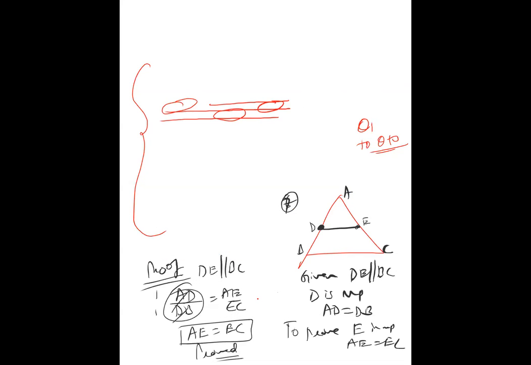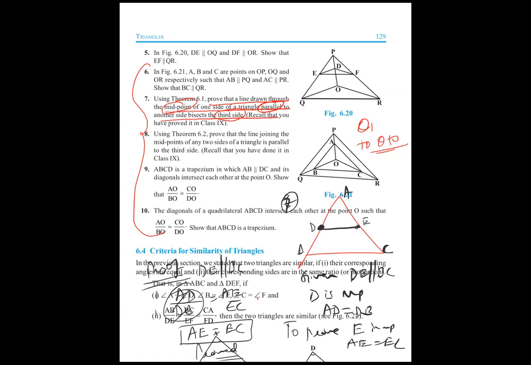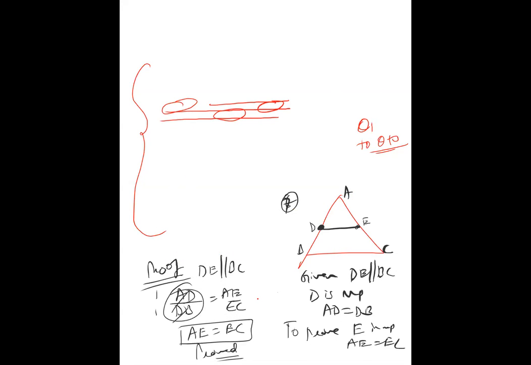You can try doing it yourself without seeing it. You can write in your copy without seeing it. You can see the question and do it without seeing the answer. Once you see, go through what we are doing. So they are given that D is the midpoint and this is parallel to this. Prove that E is also the midpoint. Obviously, it will be the midpoint because they are dividing in the same ratio. If this is getting divided in 1:1 ratio, this also will be divided in 1:1 ratio only. That only they are asking us to prove, that E is the midpoint. Okay. That you can prove anytime, anyway.